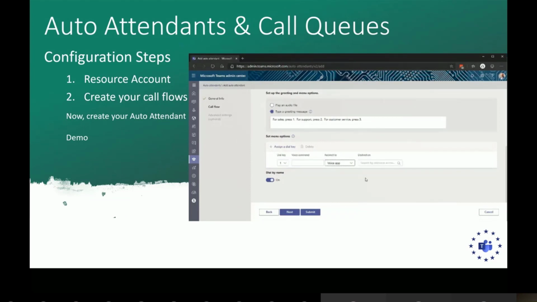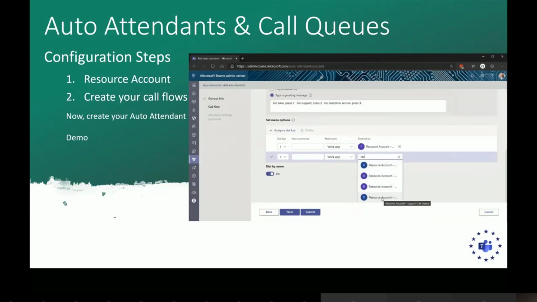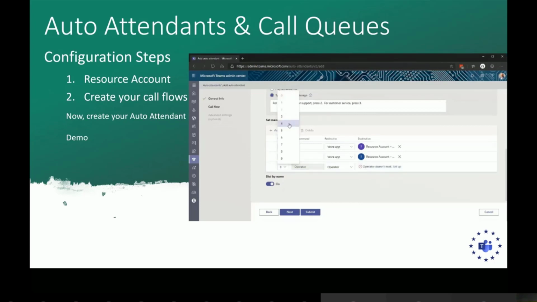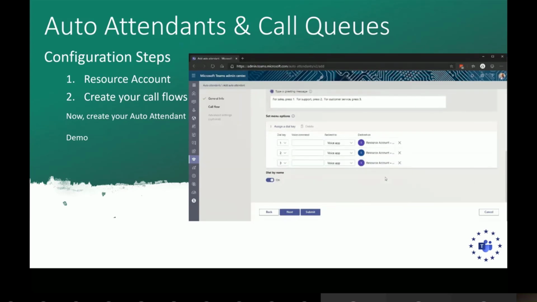Now you set up your menu options. So 1 to route to a voice app, and a voice app is either an auto attendant or call queue. In this case, it's the call queue. Then press 2 again to a voice app, and then to your support call queue or resource account actually, and then your third again to a voice app, to the customer service resource account, which links to the call queue of the same name.